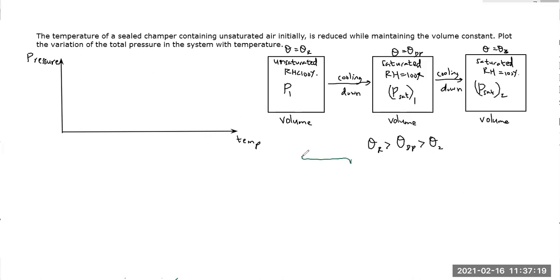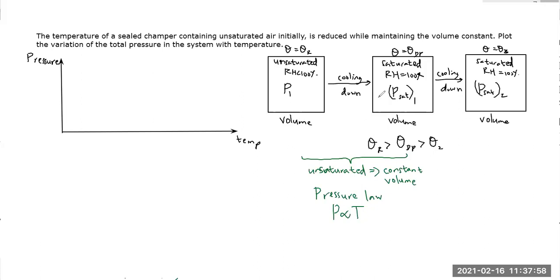Okay, right. So until the air becomes saturated, during this portion, can you predict what will happen here? Unsaturated air. Okay, so you can apply gas laws. Unsaturated, constant volume. If the volume is constant, what can you say? You can apply the pressure law. So pressure should be proportional to temperature. That is absolute temperature actually.